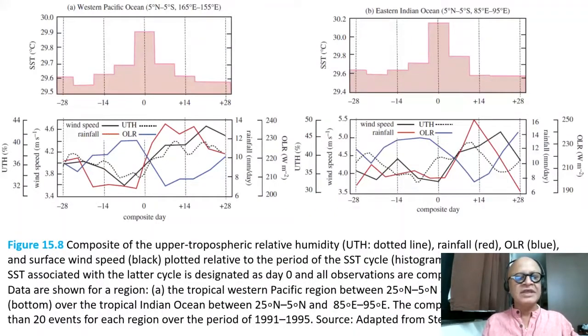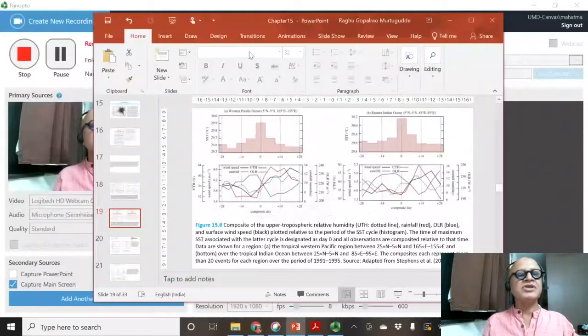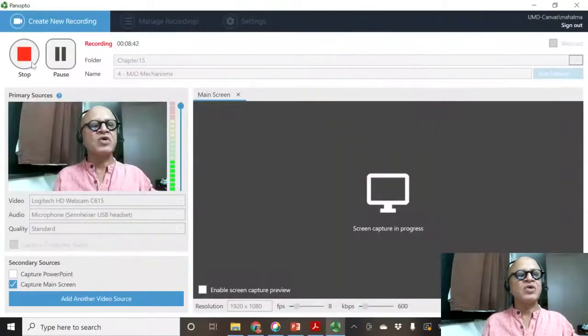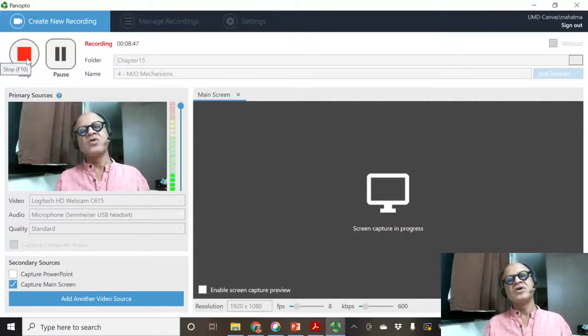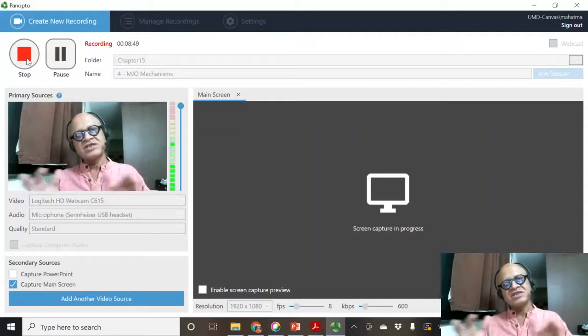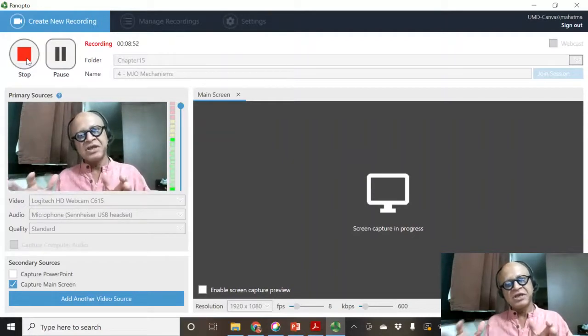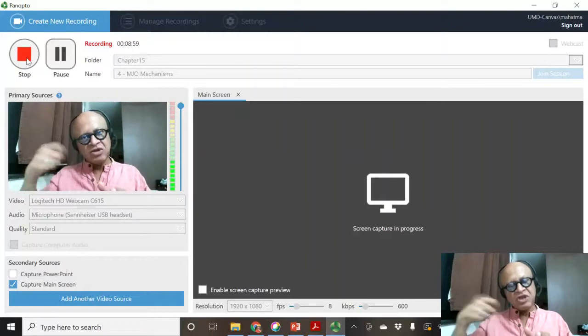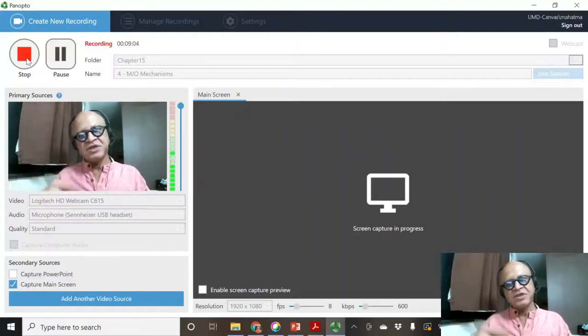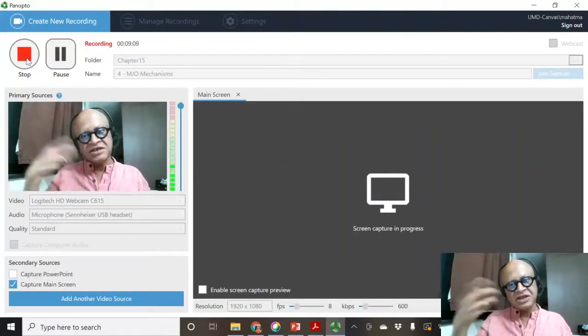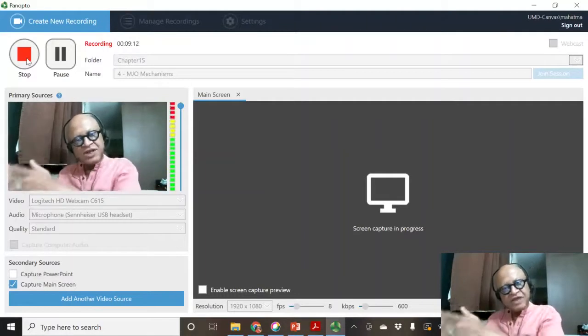Okay, so let's look at the composite upper and lower tropospheric humidity buildup in the next podcast. But the main idea of looking at this data is that there are coherent processes happening at the surface. Buildup of ocean SST ahead of the convection, instability triggering the convection, removing the instability, mixing up the air column, and then next phase of reorganizing the SSTs and continuing the process. So convection has to keep moving